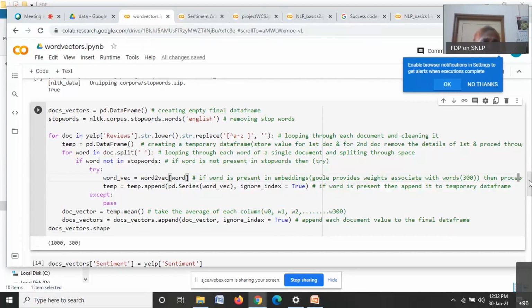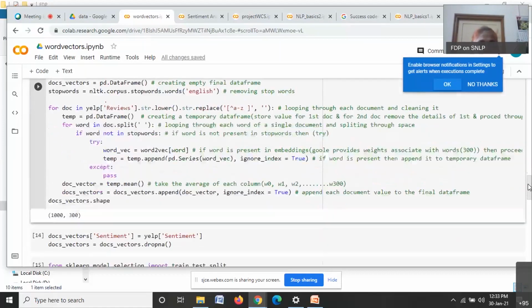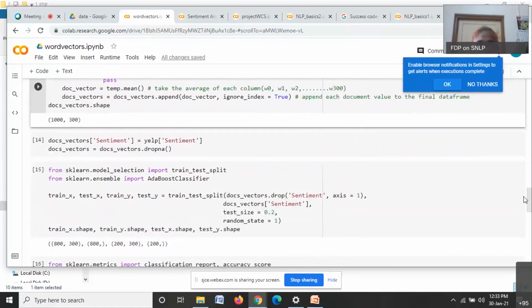And news or digital library content is written in correct English, not like the broken English that we write on social media, WhatsApp, Facebook, any of the social media text.